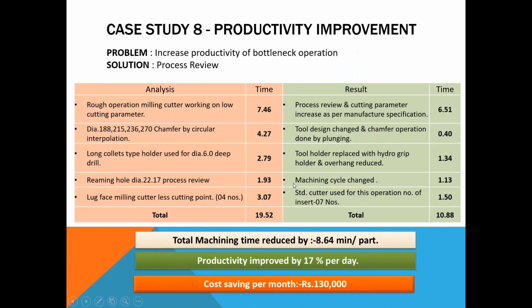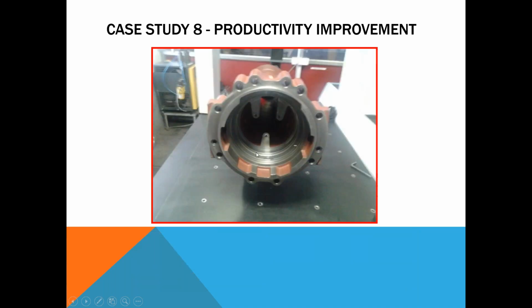So all these operations, what we have done is we have seen and modified the path in such a way that a milling cutter, you can see from 7.46, it has come down to 6.51. This is a chamfer. These were done with an interpolation, which was designed by different tools. Say 4.27 has come down to 0.4 minute, and that 6 dia hole, this internal dia,